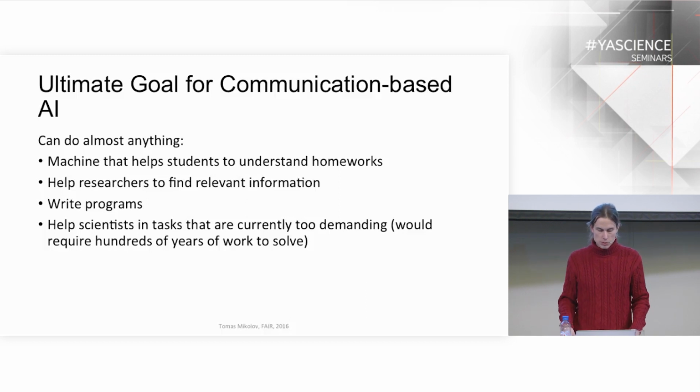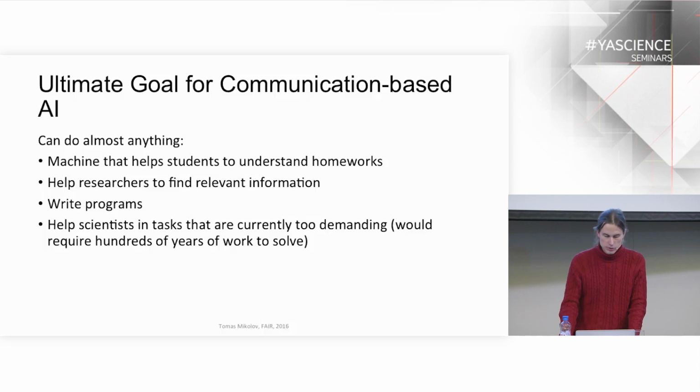Some can be based, for example, around behavior. So it can be a machine that can, for example, play StarCraft or some computer game very well, or it can be some other machine doing some arbitrary tasks. But it seems that if we want to have useful artificial intelligence, then it should be really doing things that require communication. We need to be able to basically set the goals for the machine, and it needs to be able to explain to us the result that it is able to obtain.